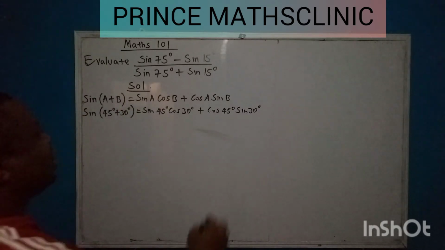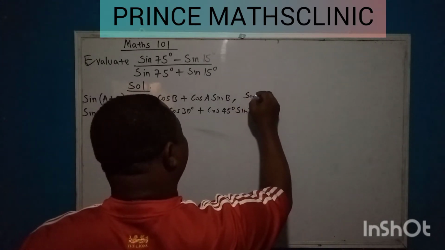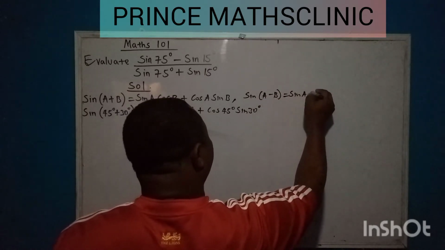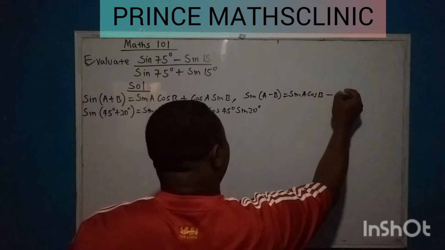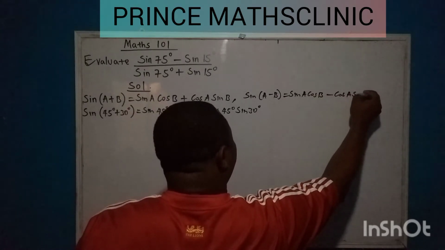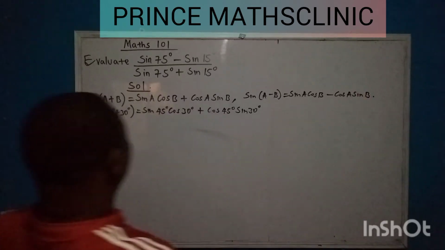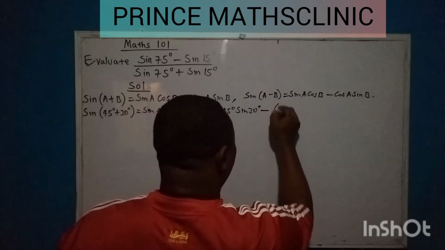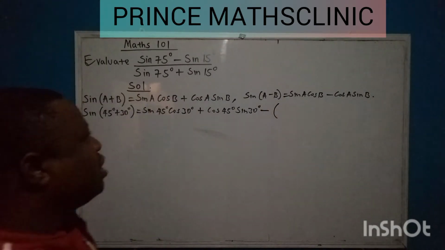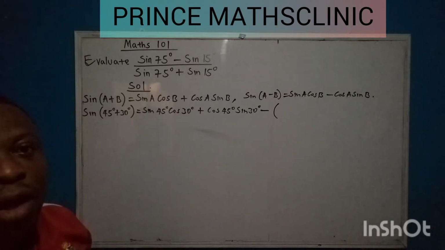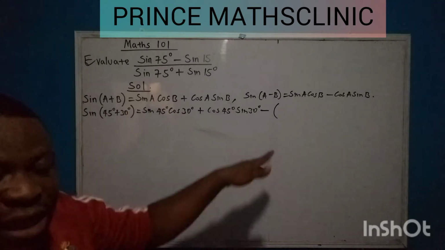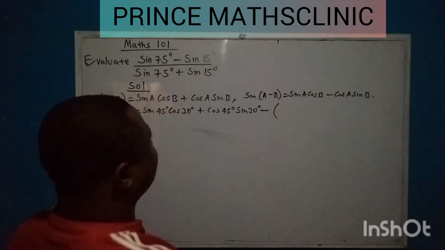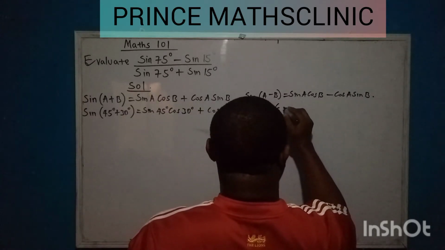Then we also know that if we have sine A minus B, it is going to be sine A cosine B minus cosine A sine B. We are going to use that in solving this 15. Now remember, minus is going to affect everything there. 15 degrees is 45 minus 30. So remember, our A is 45, our B is 30. So we are going to say, therefore,